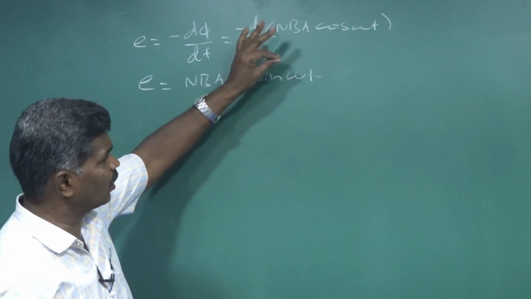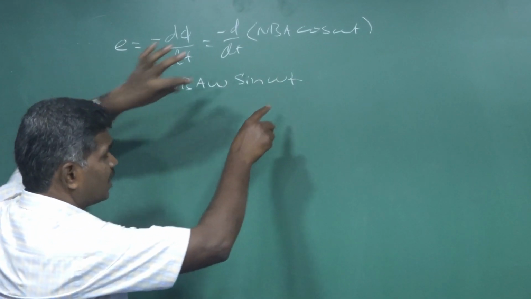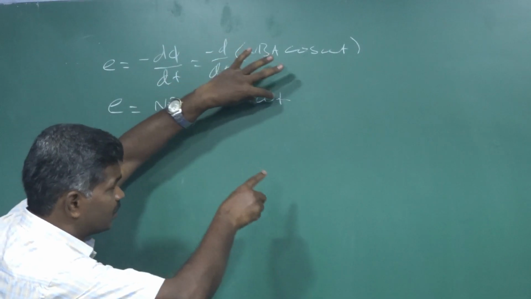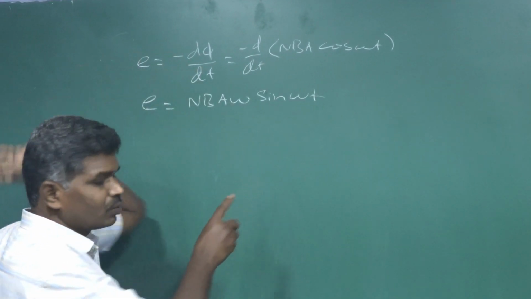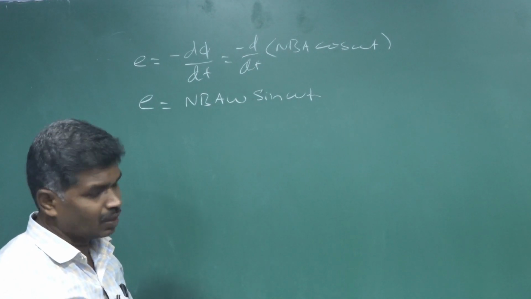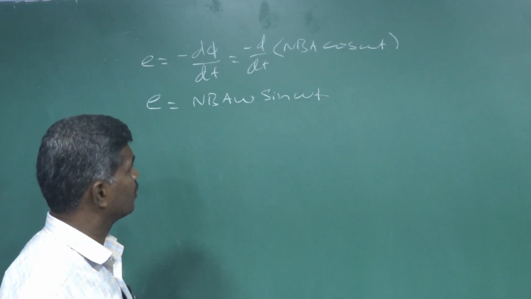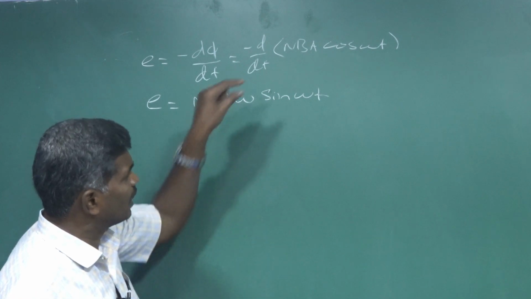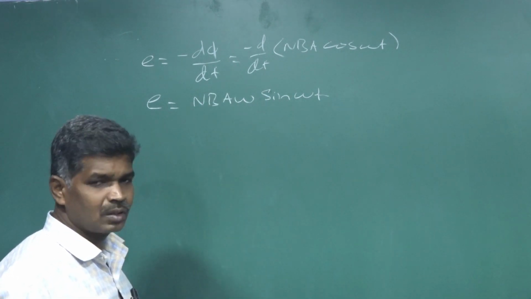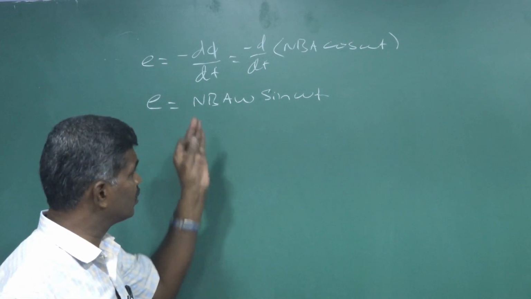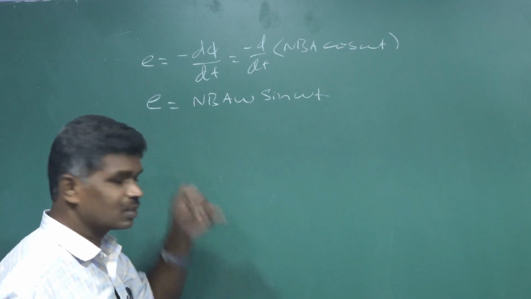If the angular rotation ωt is taken as θ, and the angular rotation is 0, sin 0 becomes 0. EMF induced is 0, even though the flux linkage is maximum. If it is rotated 90 degrees, sin 90 becomes 1, so the EMF induced is maximum. That we are going to list.